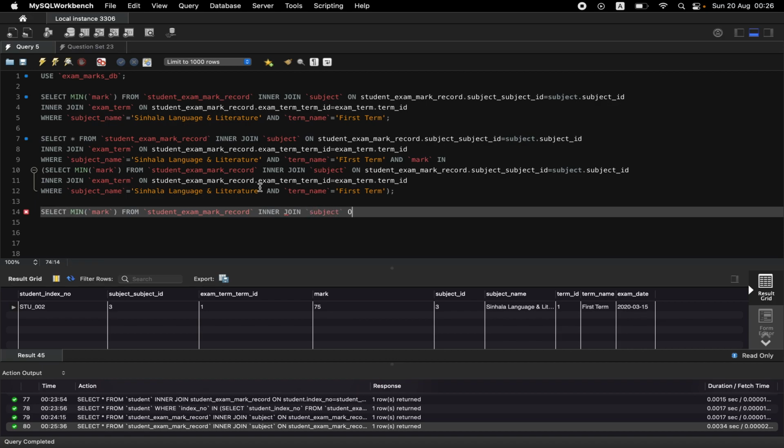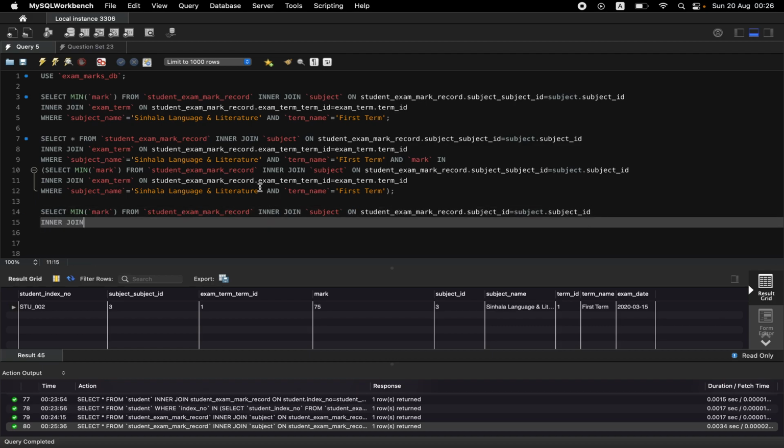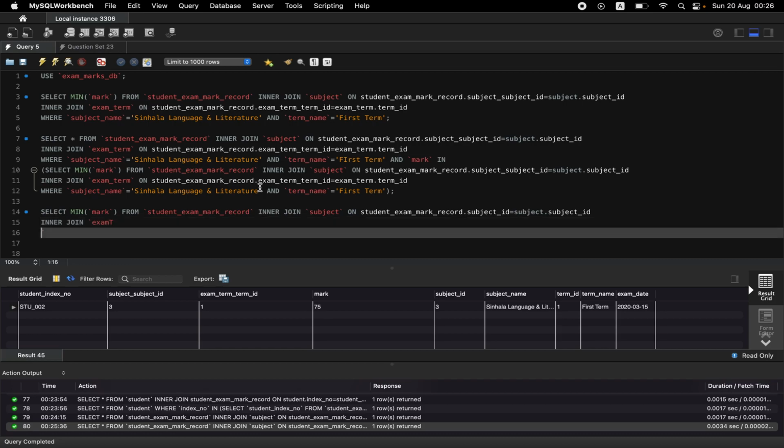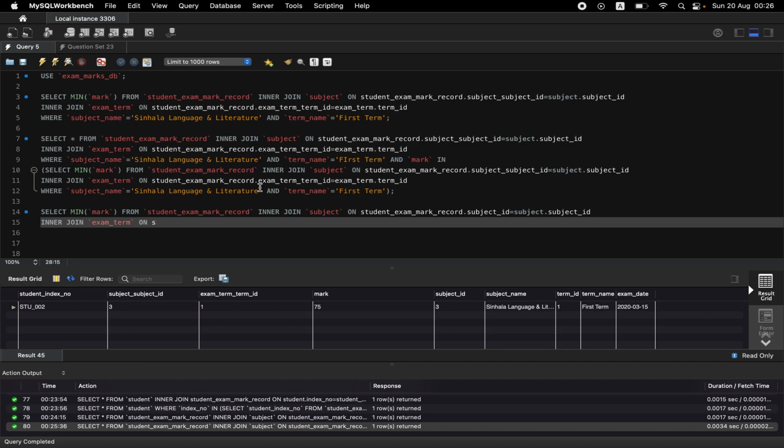the subject on, connect these two tables using student exam mark record subject id and subject table subject id, and inner join exam term on student exam mark record dot exam term id equals exam term dot term id,